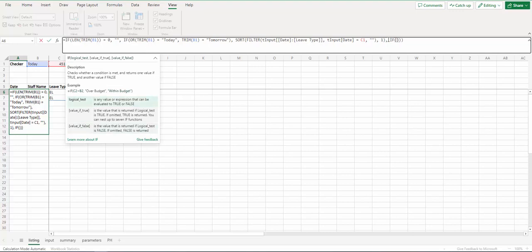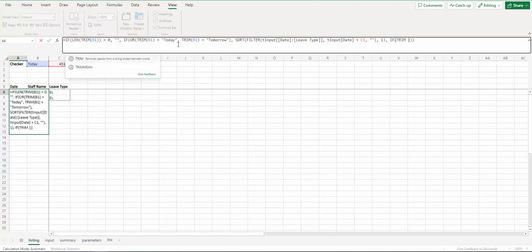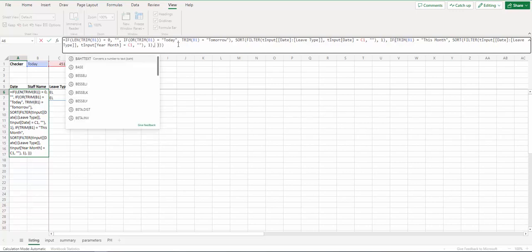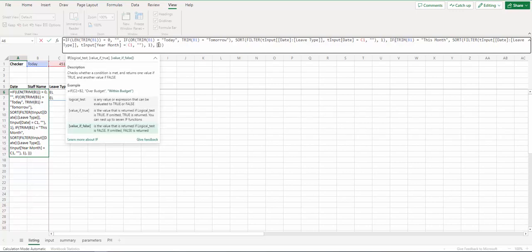Okay, so for this case, you only got this case: trim B1 equal to this month. Then the next one will be the formula we copy. Okay, and the last one, the value will be